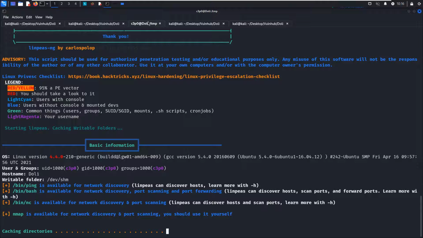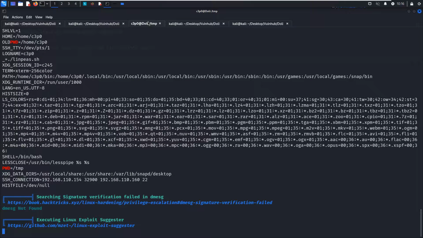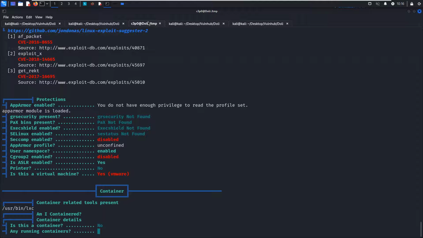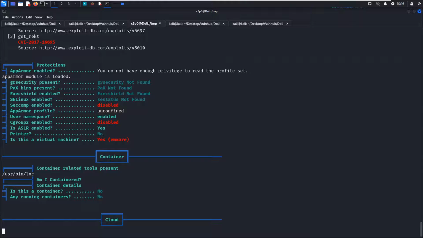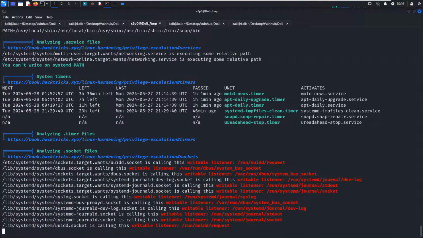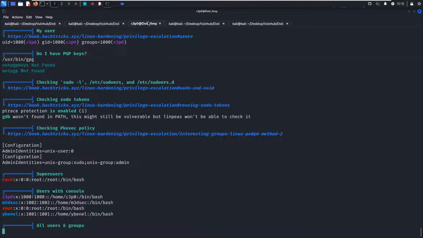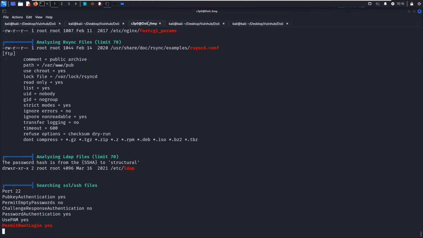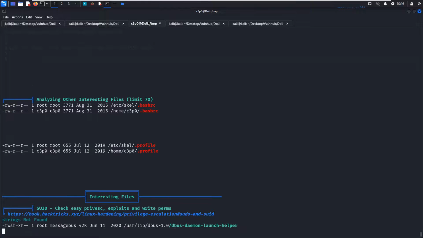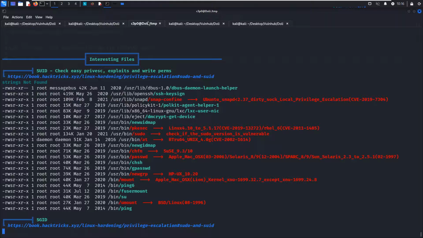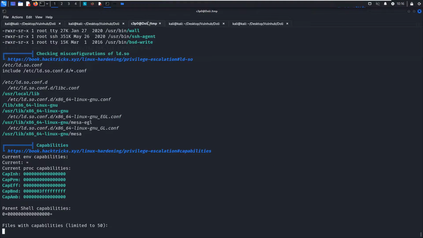When we try to elevate our privilege, in most cases we need to utilize this script to do the automatic enumeration. This script can help us a lot because it can enumerate a lot of different aspects of the target machine, like SUID binary information, capabilities information,